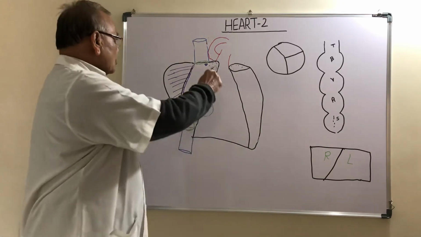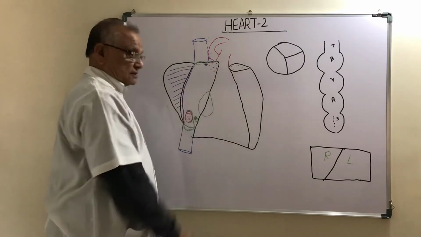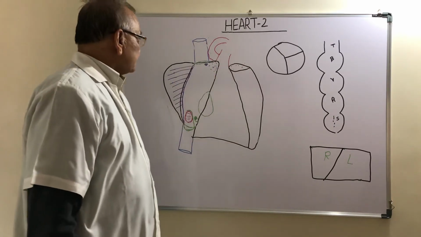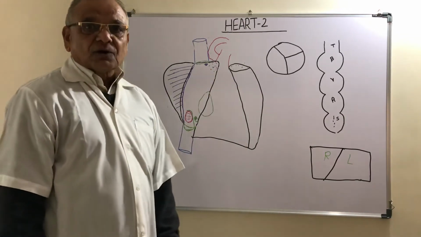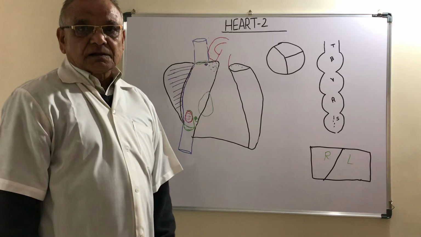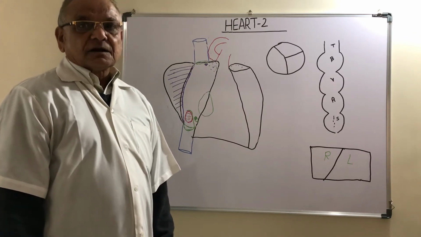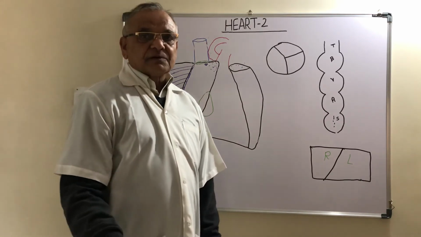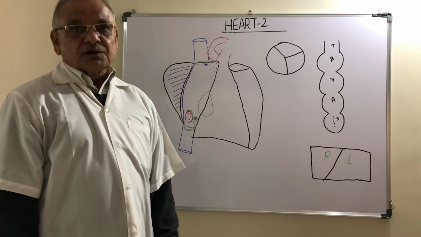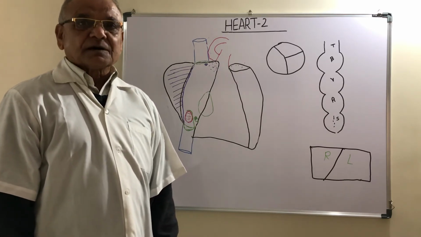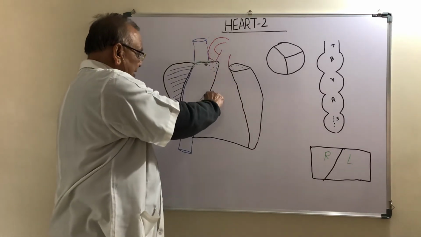Now below the opening of superior vena cava, a small projection is present, and this projection is called the intervenous tubercle. This intervenous tubercle is larger during fetal life. Fetal life means when the baby is in the uterus of the mother. So during fetal life, this intervenous tubercle is large, and it guides the blood of superior vena cava to the right atrioventricular opening.